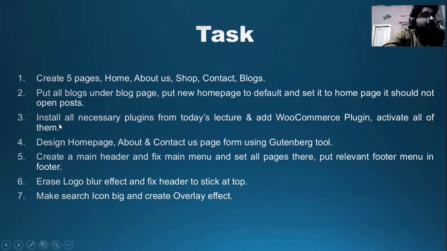Then we'll install all necessary plugins from today's lecture, what I've shown you, and activate all of them, and design the home page, about page, and contact us page using the Gutenberg tool. We can just do it for the home, about, and contact us pages. I'll design any one of the pages so you can get an idea, and you can design different pages later on from this tool. And then you have to create a main header and main menu, and fix all of the main menu,